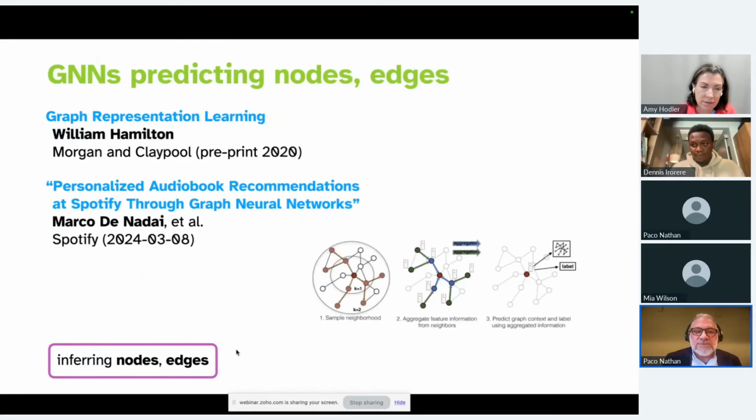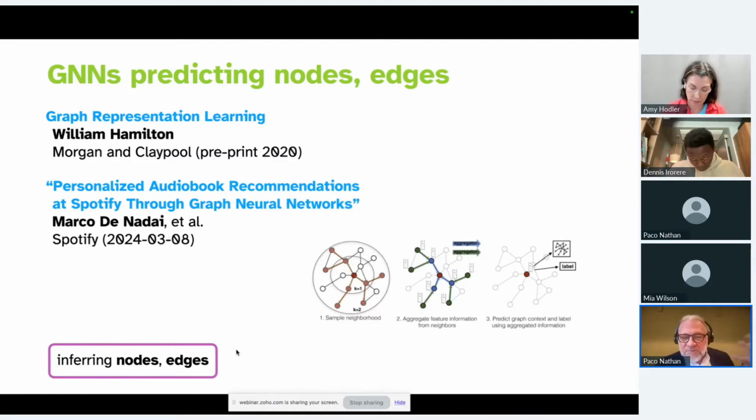Another thing that you're going to hear a lot about is GNNs, graph neural networks. Between 2019 and about 2022, there was so much emphasis on research in GNNs. There's a great book by one of the authors of GraphSAGE. There's a great preprint available free online called Graph Representation Learning from William Hamilton, if you want to do a deep dive in this area. For a long time, this was just kind of a research thing. I think even Neo4j sponsored industry analysis to find out where GNNs were being used in production, around 2023, and they couldn't really find any.